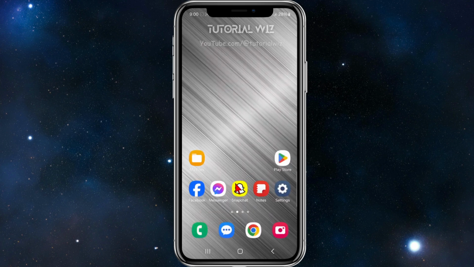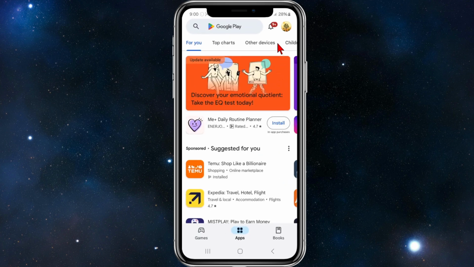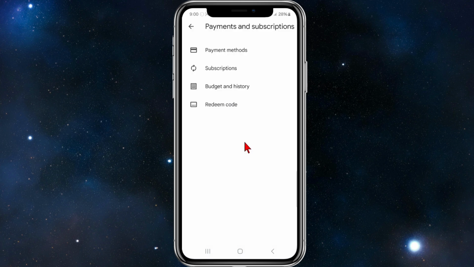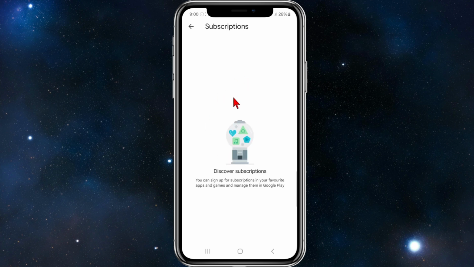And for Android device users, I can show you this. Go to your Play Store, and now you want to click on your profile icon, which is located in the top right hand corner of your screen. Click on Payments and Subscriptions. Click on Subscriptions, and now find your Smule subscription in the list of current active subscriptions, and then click